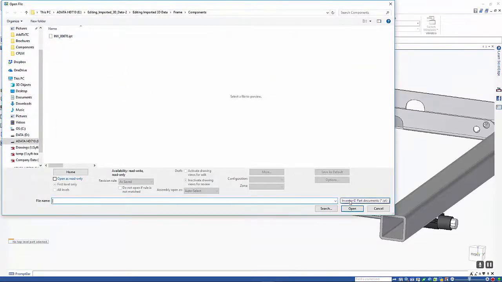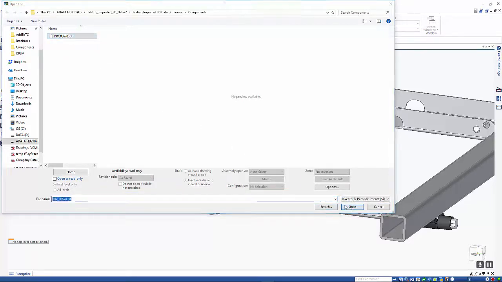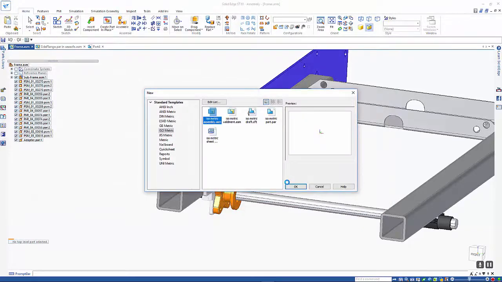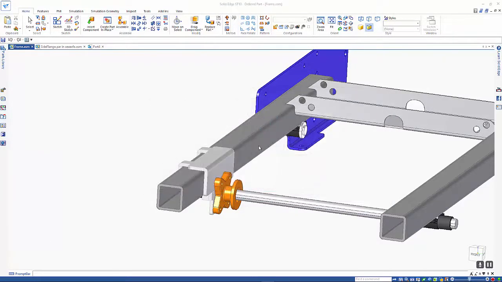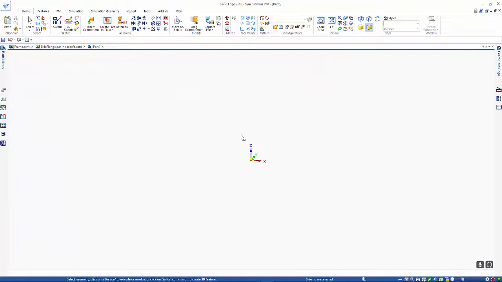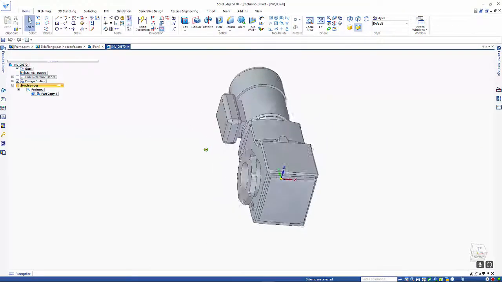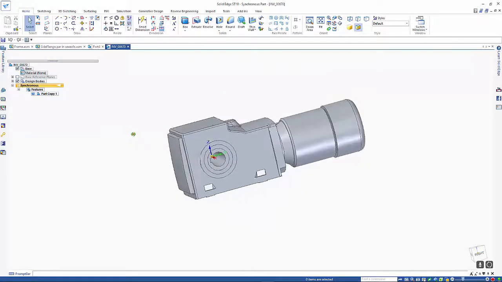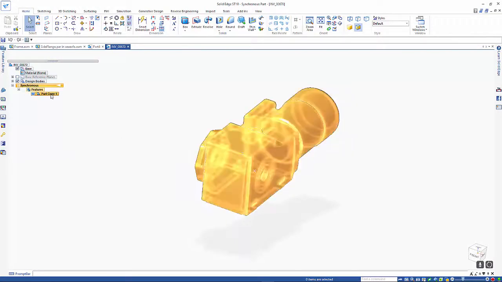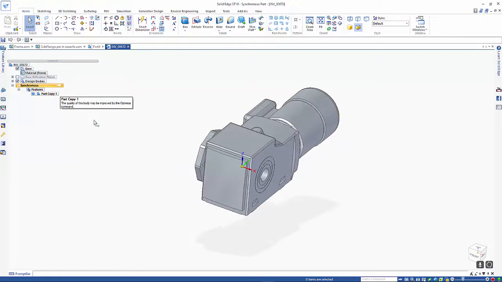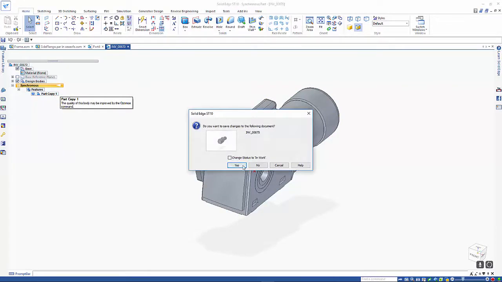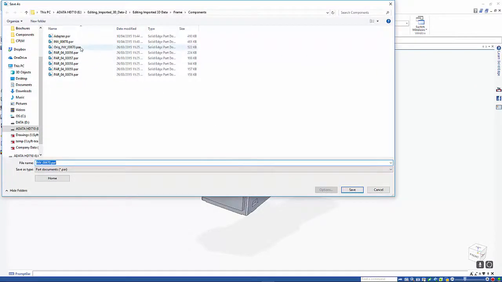So I've changed my document type to Inventor, and you can see the IPT extension on here. So we just need to go and open that, and we'll open that into a normal part file, so you can see the translation happening. And like with most situations, when you import a file, it comes through as a part copy, which effectively is a dumb solid. So let's just save that,